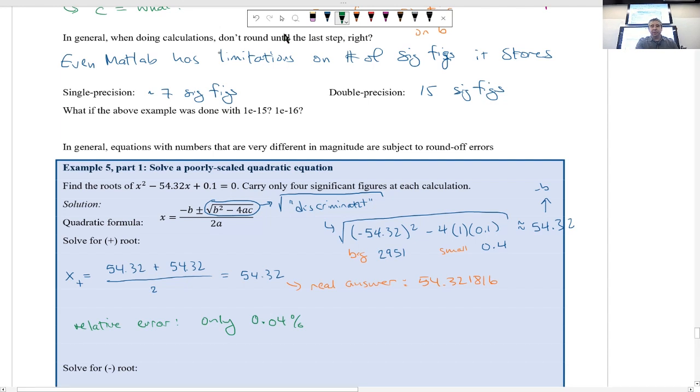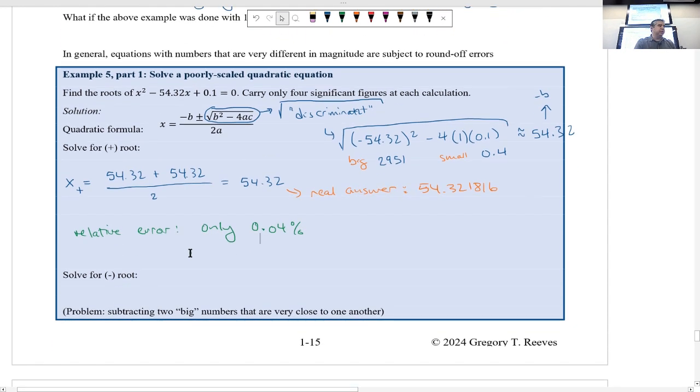However, when you solve for the other root of the problem, the minus root, you get x minus equals the opposite of b again, so 54.32 minus 54.32, divided by 2, so x minus equals 0. Now we know that's not the case, right? Because we know there was round-off error, and because of our round-off error, we lost the super important part of the problem, which would tell us the difference between x minus equaling 0 and x minus equaling the real answer,